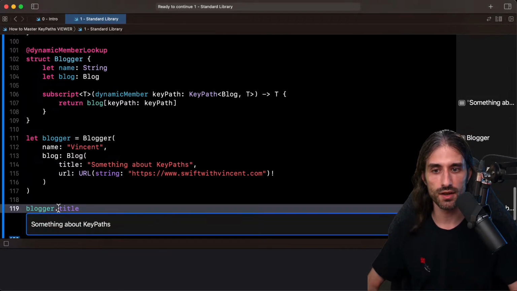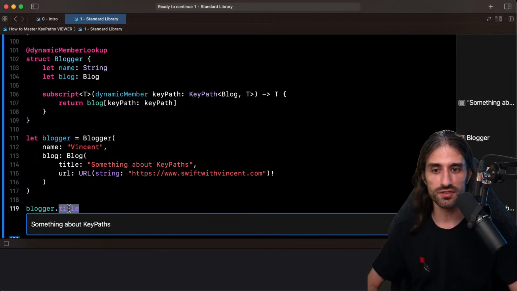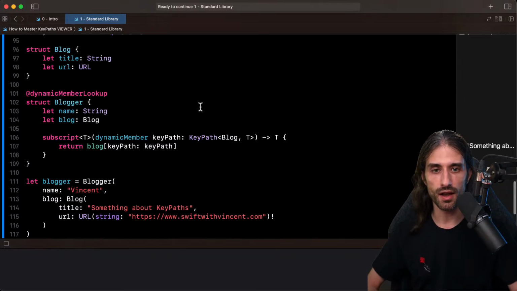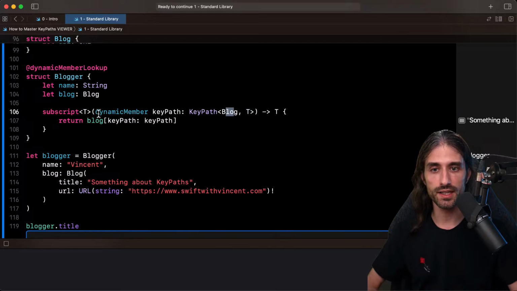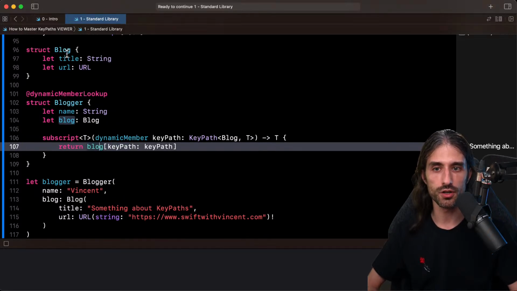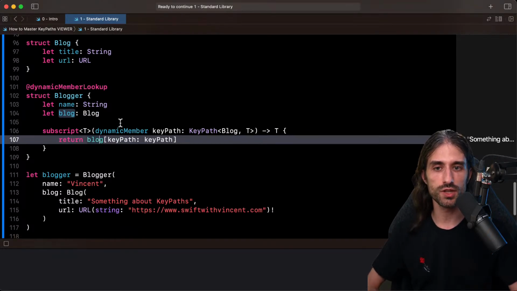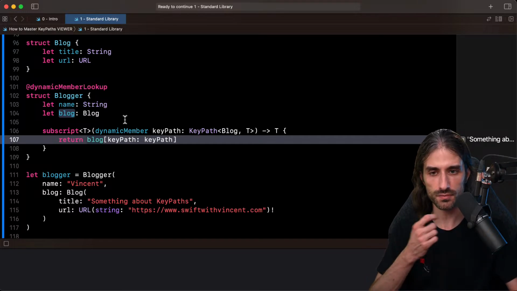What happened is that when I called title, it was turned into a key path to the property title on a blog, and it was routed to this subscript method, which under the hood invoked the key path on the blog. So it's an interesting way, when you have nested things, to make all the properties of the nested things available on the host, you could say.